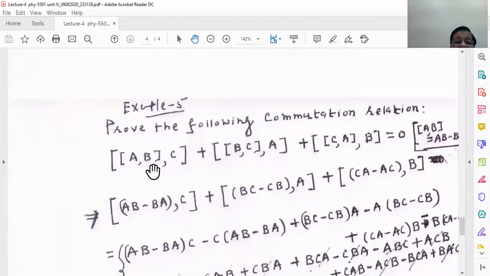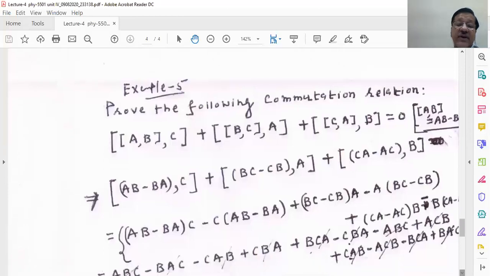So this is solved with respect to C. Here you see I have solved this inner commutator first, so that is BC minus CB. You can see this part, right? And similarly here also I have solved the inner commutator, CA minus AC. Right? So you solve from innermost to the outermost. First I solve the innermost, and now you solve the outermost entire.